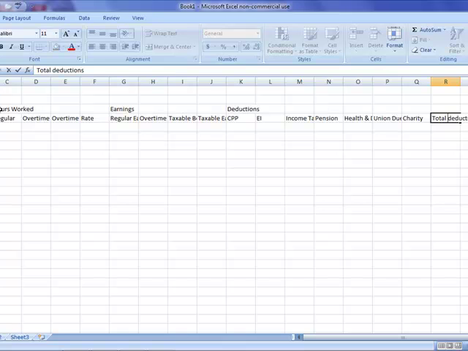And the basis of it is your taxable earnings less your total deductions, and we'll get into the formulas. Basically, that is what will yield your net pay. So basically what we've done is we've laid out